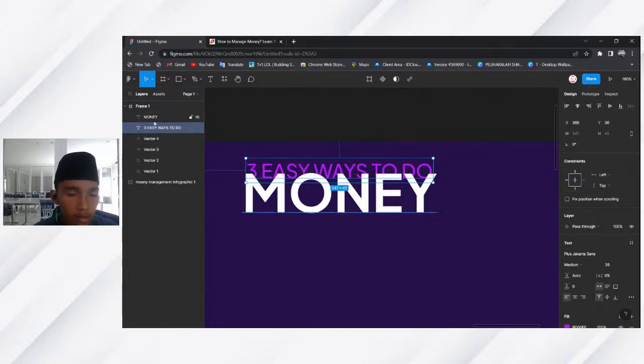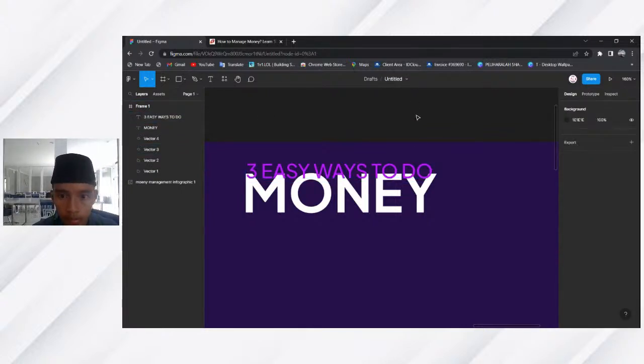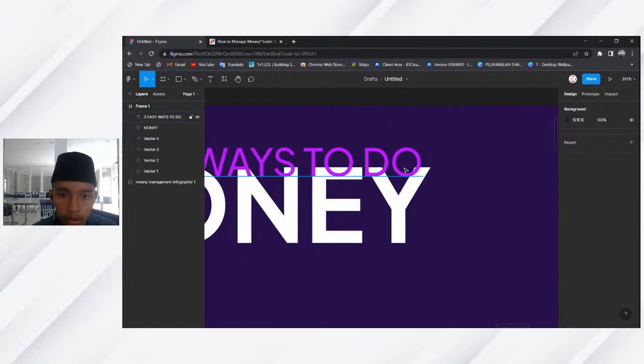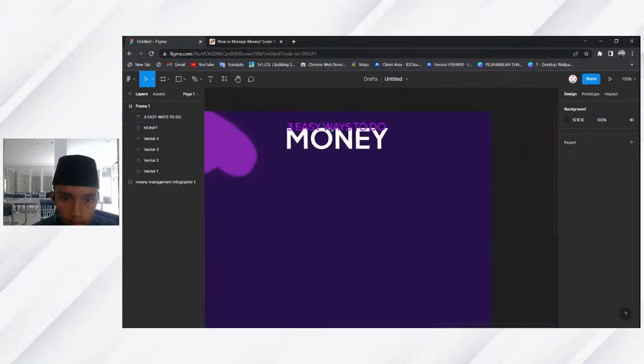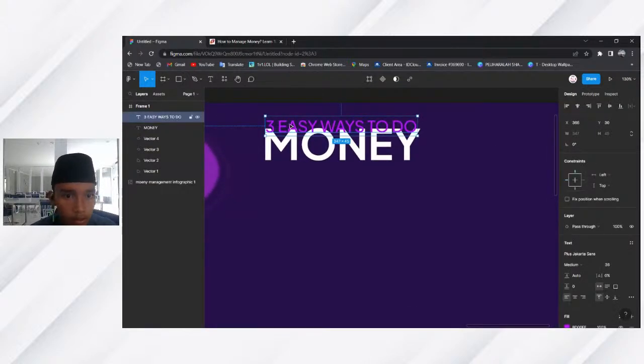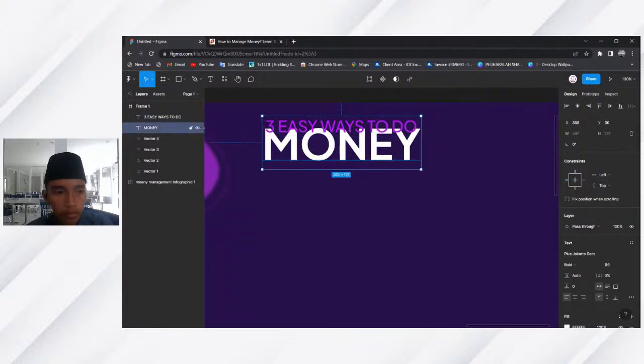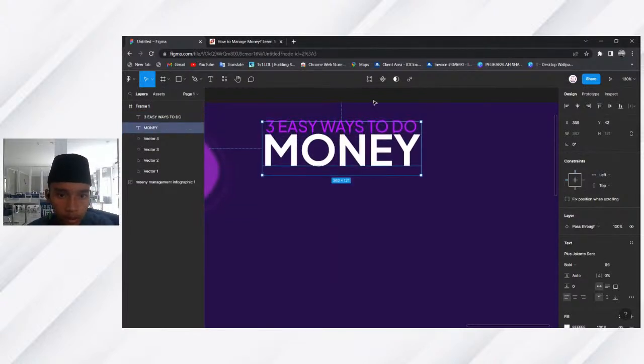So the 3 easy ways to do text, you just drag it to the top, and there you go. You have your text overlay. Or if you don't want to, it's fine. You can always put the money one more down, or maybe this one a little bit more up.